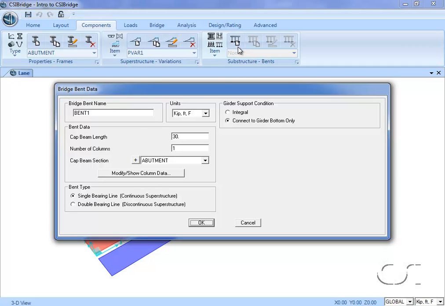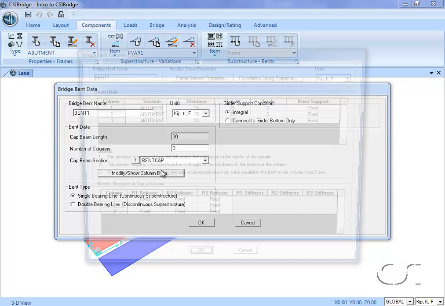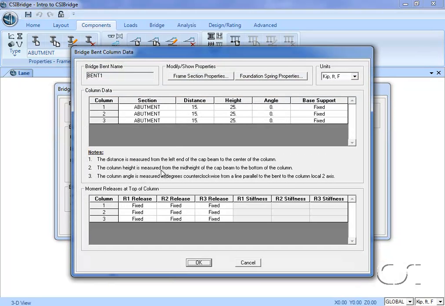Similar to what was done for the abutments at the bridge ends, we need to specify how the girders are to be supported at the bent. However, unlike the abutments, the support will be integral at the bent. Verify that the cap beam is 30 feet wide and the bent will have 3 columns. The cap beam will be assigned the bent cap section that is 10 feet deep. Clicking on the Modify Column Data button, we can specify the column sections